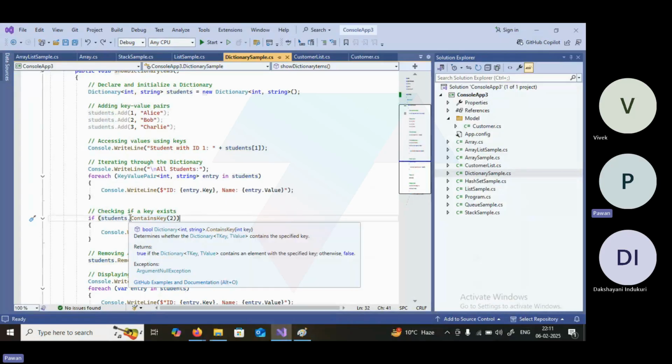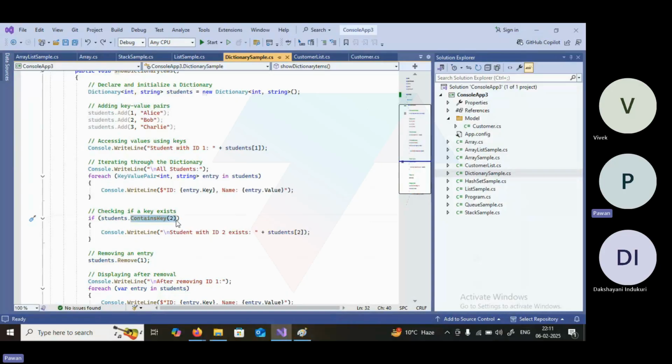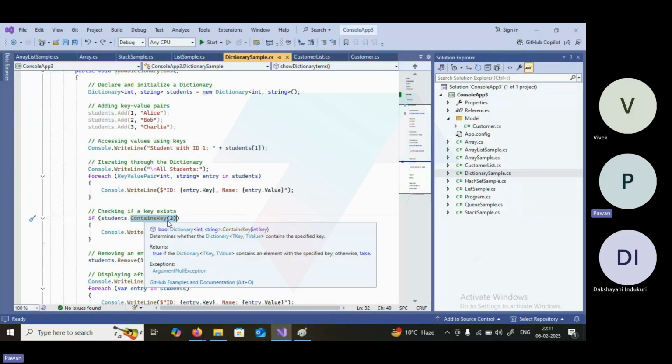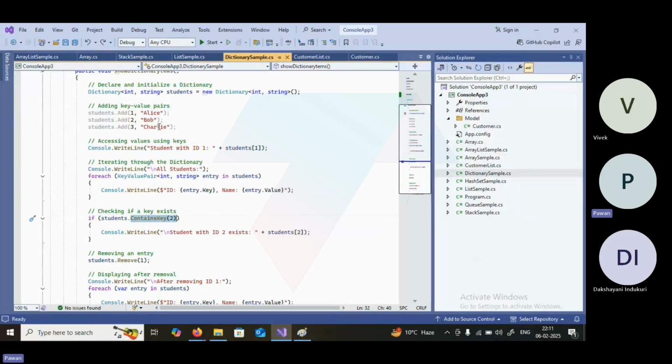So this is basically to check whether the key already exists in the collection, because a key is supposed to be unique. Let's say you are trying to add a fourth element with the same key, that is 2, with a different value. When you use this, it will return false. False means the key already exists. Okay. So these are the three or four things you need to take care of when you are dealing